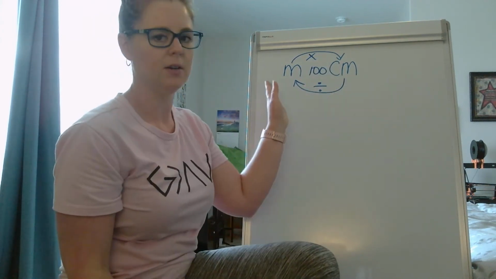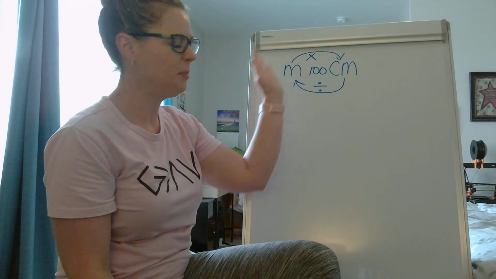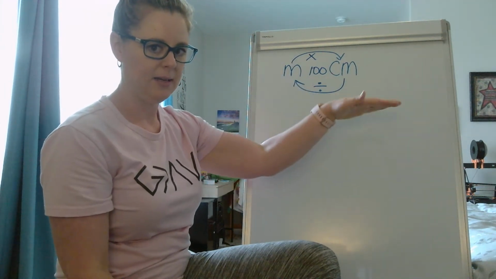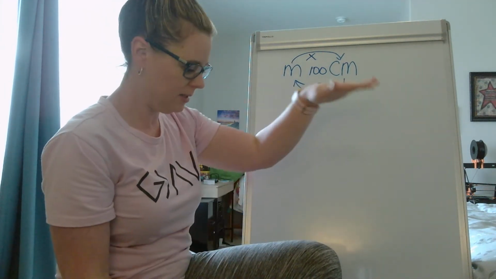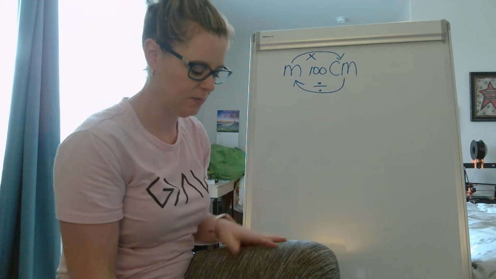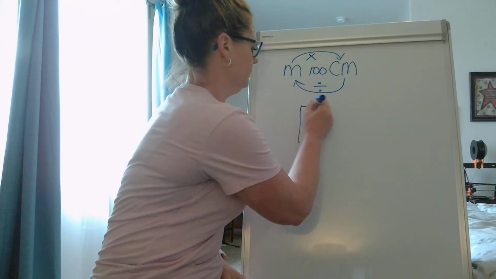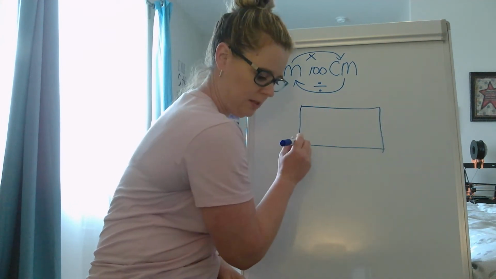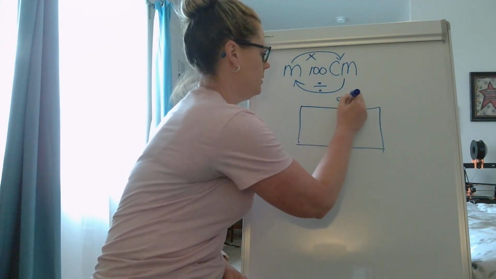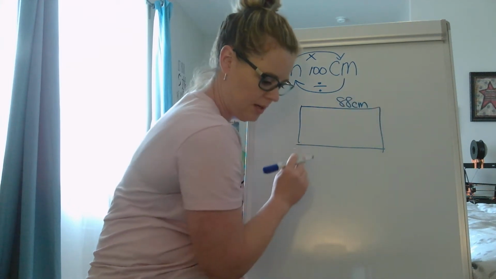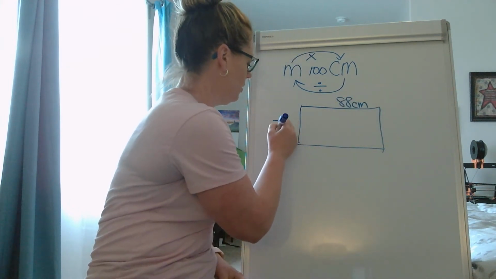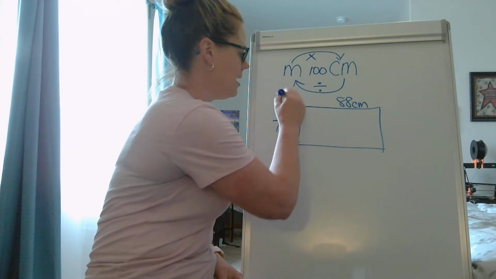You're either going to multiply or divide by 100 when you're working with meters to centimeters or centimeters to meters. Okay, so it gives you measurements and talks about perimeter. Again, perimeter is the outside